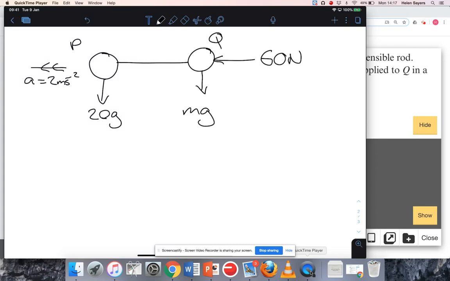And then there's thrust in the rod. So the rod is going to be pushing P along and working against the 60 newtons on Q, and those two values of thrust will be the same, so they will cancel each other out. So to answer part A,